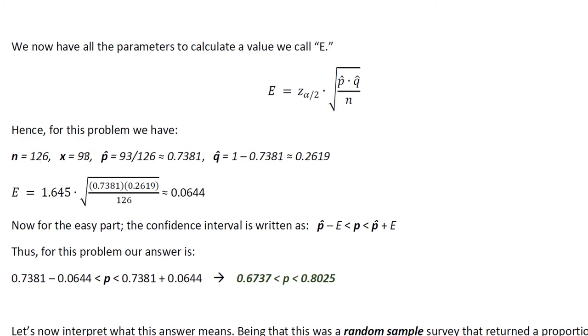X is 93, also given to us in the problem. We have p hat, which is 93 over 126, or approximately equal to 0.7381. Q hat is equal to 1 minus p hat, and in this case it's approximately equal to